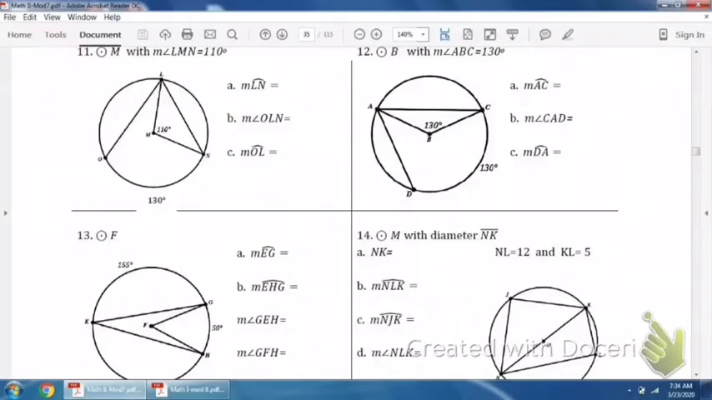Okay, so before you start this section, you're going to want to watch the video I posted about central angles and intercepted arcs. Okay, so we're going to be talking about central angles here, which a central angle is like